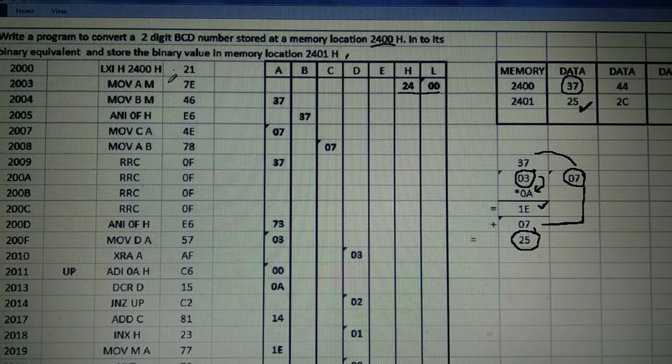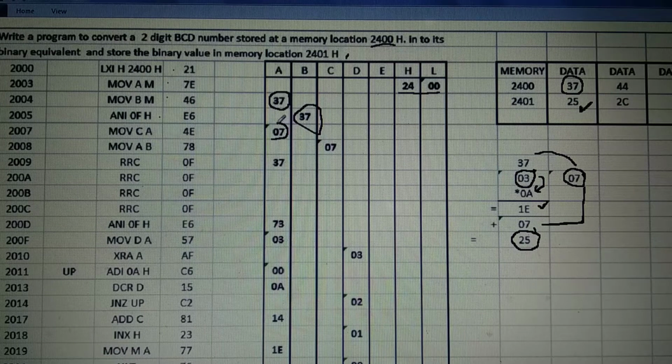Transfer M to A and M to B, that means this number is taken to the accumulator as well as to register B. Already this part is explained to you: when you perform the AND operation with 0F, you will get the least significant digit as it is, and at the most significant digit place you will get 0.